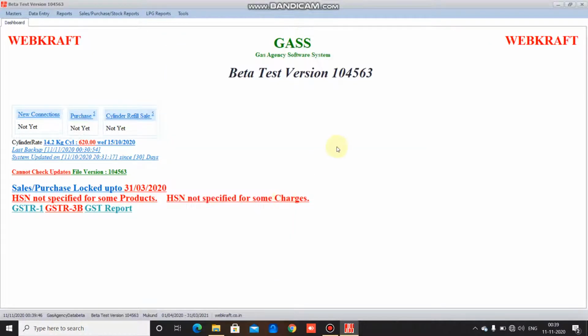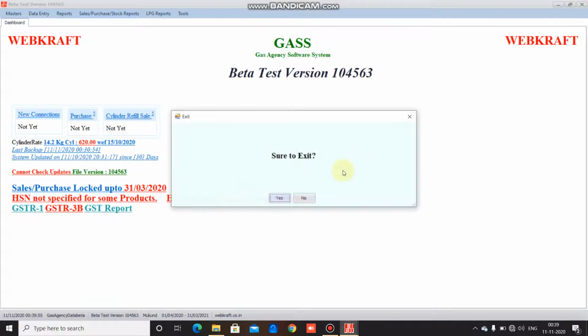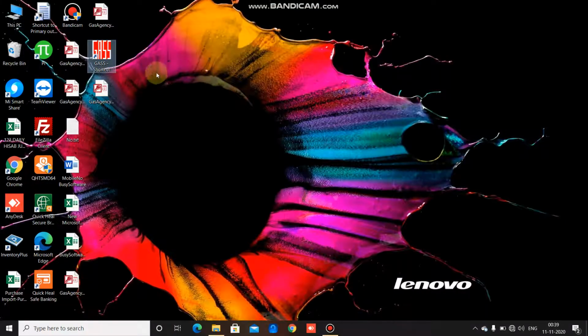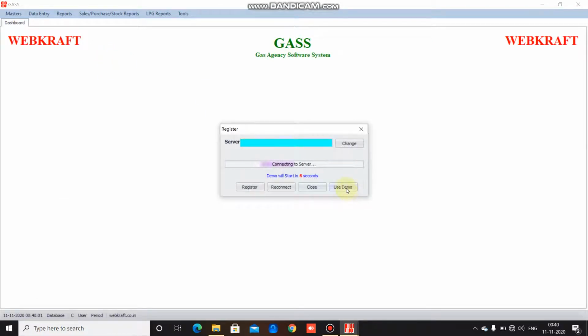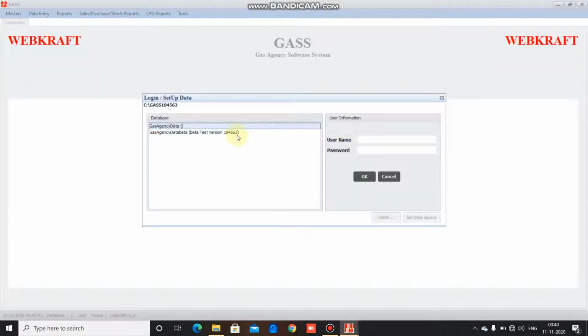Now this module of giving user rights will come into effect only when we exit this particular program and re-login. So I have exited the program and I am re-logging in as user Mukund.